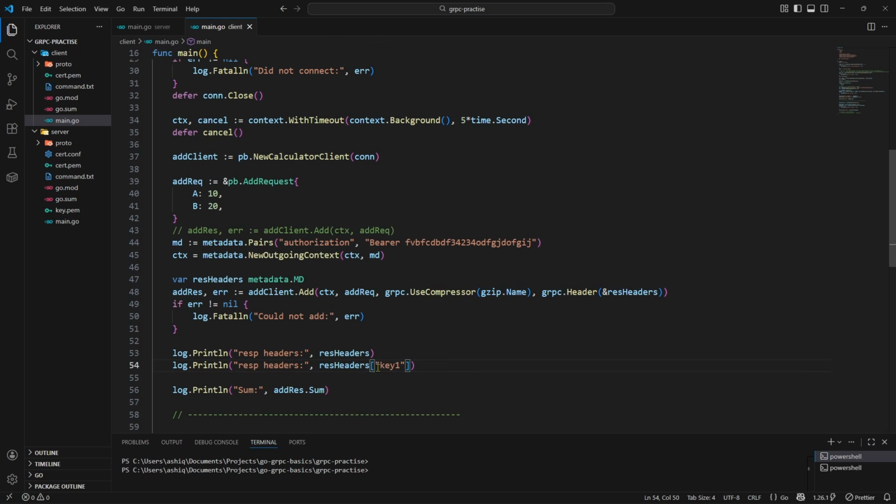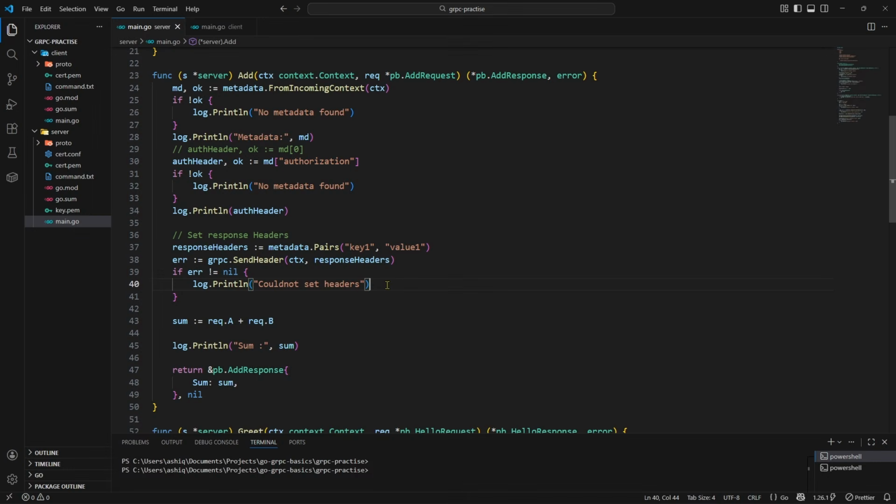With double quotes. So these are two ways of accessing the response headers. Now the last thing regarding metadata would be sending trailers. Trailers are very similar to headers. The only difference is trailers are sent after the response, after the request body. All right? It's just like headers, but like I said, it goes with the response after the request body,